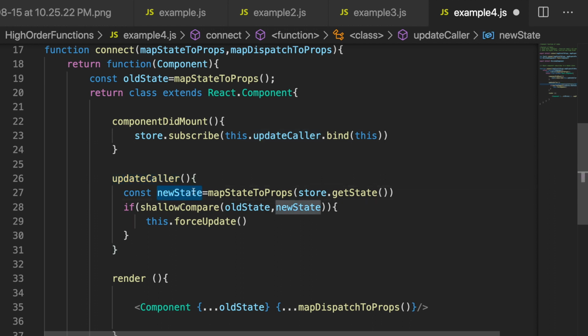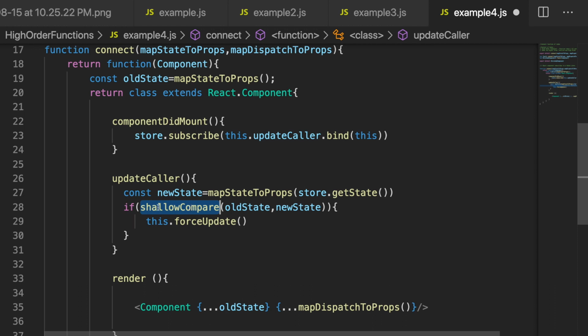I would check whether something in the store has changed by the shallow comparison, and basically there would be a not condition depending upon what you return from the shallow comparison. And if something is different, I would just force update it. Let's try to understand what shallow comparison is. I think I'm going a bit off topic, but this whole video would be divided into two parts, because in the second part I would explain how the closures behind these higher order functions work. Since there can be nesting of functions, we need to understand how the scope and closures work behind the scenes. So these are just some examples.